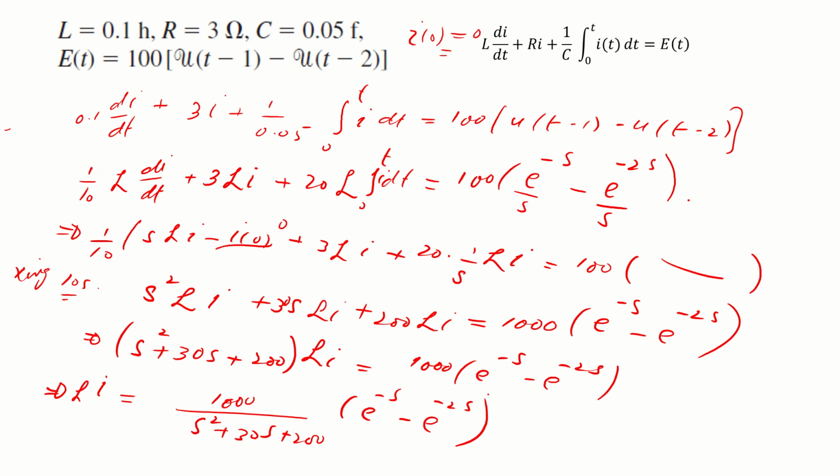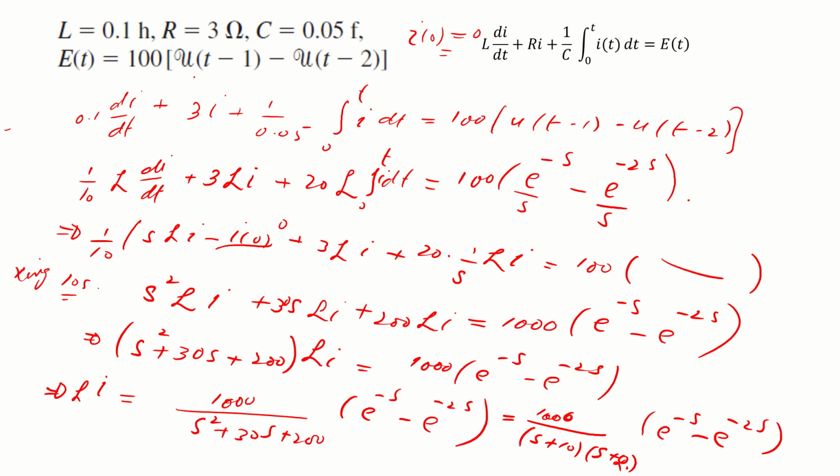How could we factorize this? 10,000 divided by (s plus 10) into (s plus 20) into (e power minus s minus e power minus 2s),